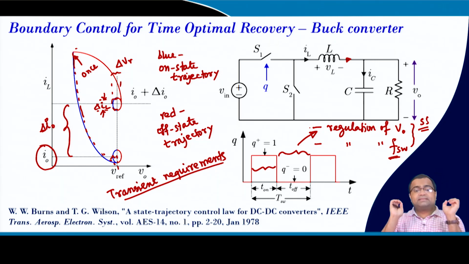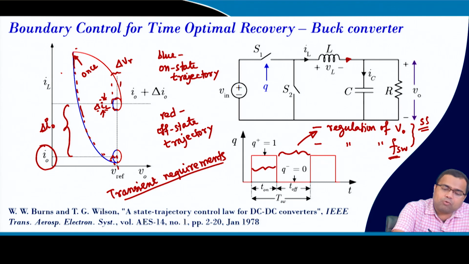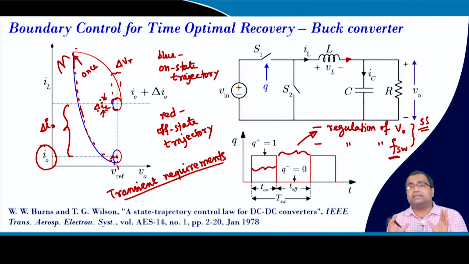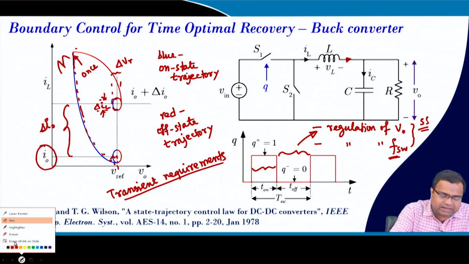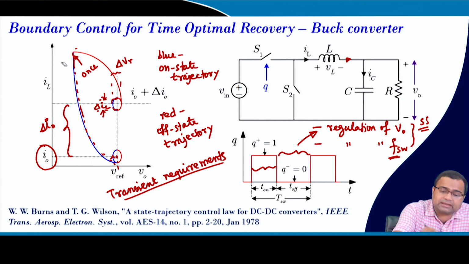The question is, it will be very difficult if we try to do it by timing based control, that means exact calculation of the time. The only thing, this concept is well proved, that one switching action will lead to time optimal recovery. But if we have more switching actions, then you will deviate from the optimality condition. So, then it is under certain constraint.